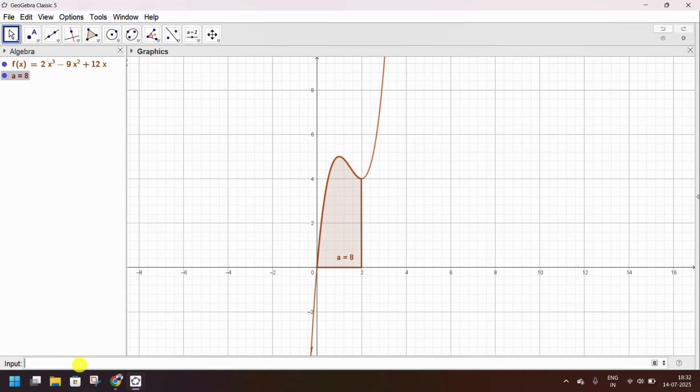And now press enter. So you'll get the area which is shaded over here, and its units are, it is a is equal to 8 unit square. So it can be centimeter square, meter square, mm square, or inch square, etc. So this is the area under the